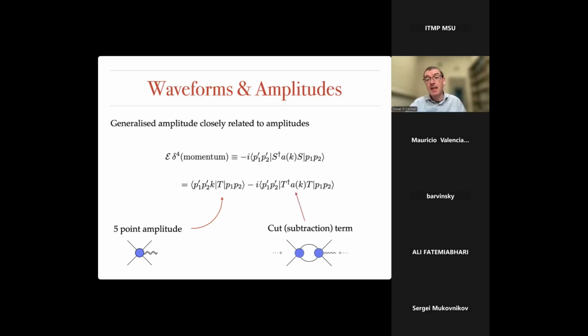And the second term, well, by inserting a complete set of states between, maybe that A and this T dagger, we can rewrite this thing as a cut, or as an integrated product of two amplitudes. So think about it as being a cut of a 5-point amplitude, or as being an integrated product of two amplitudes. There'll be various terms in here. There can be more than one particle. This particular diagram is just one. There can be intermediate particles in that cut as well. But the summary of this situation is this generalized amplitude can be computed from amplitudes and cuts of amplitudes.